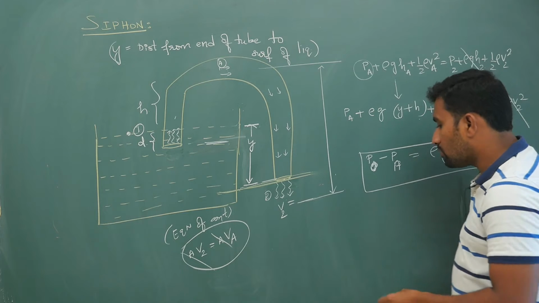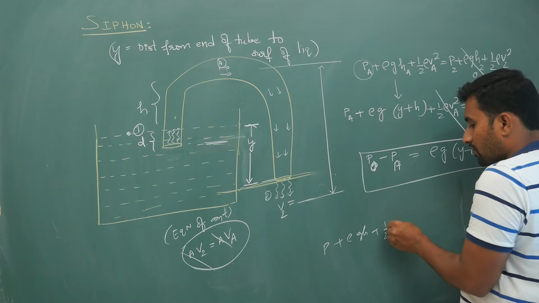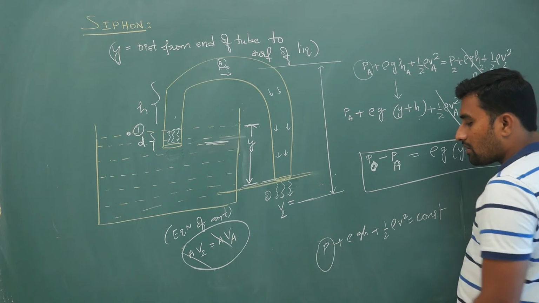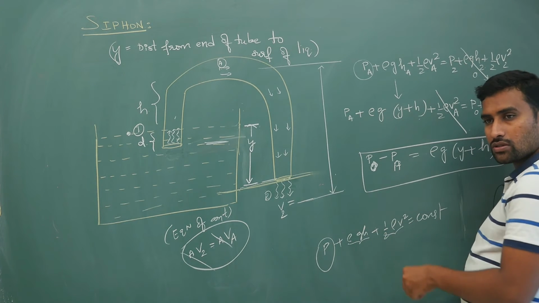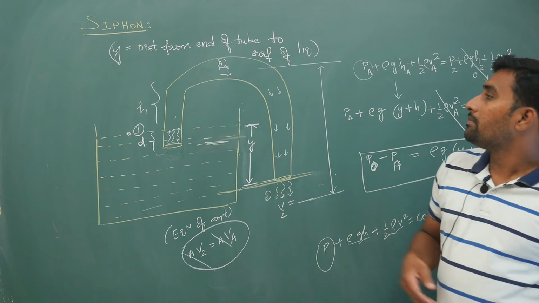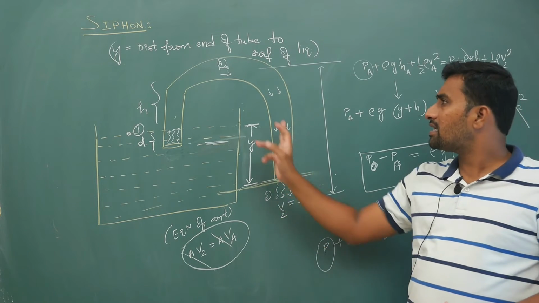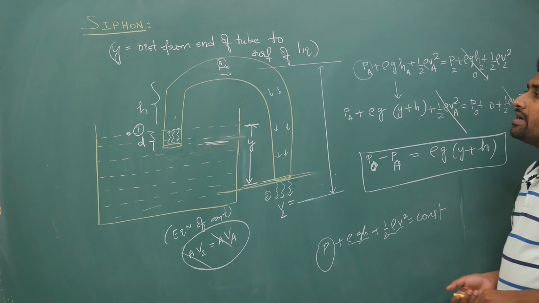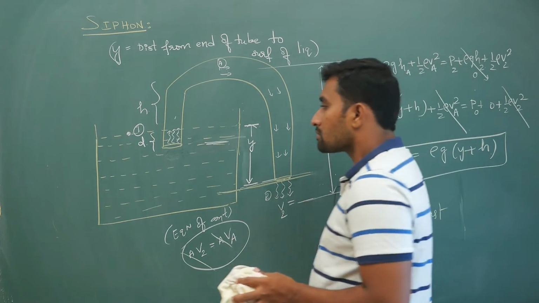In Bernoulli's equation, P plus rho gh plus half rho v square is equal to a constant. Your fluid flows because of pressure difference when there is a change in potential energy or kinetic energy or both. In this case, different values are changing at different points. Between these two points your potential energy is getting converted into kinetic energy and there is some pressure difference, this much. So this is your siphon. Now next.